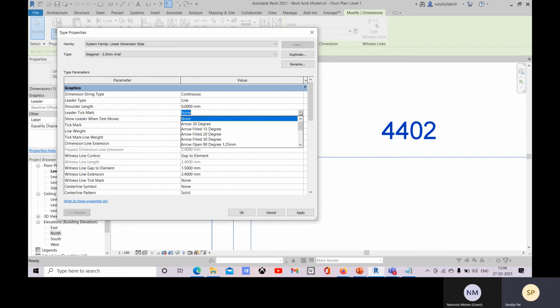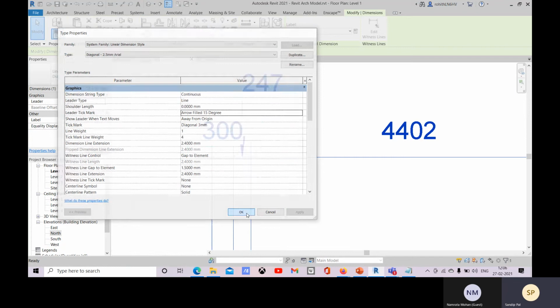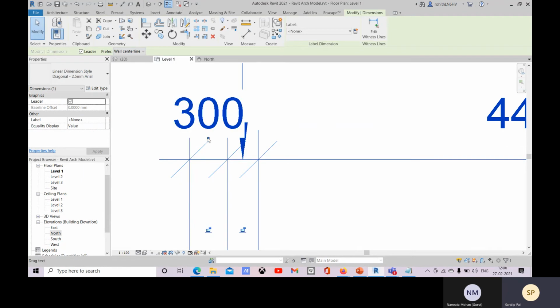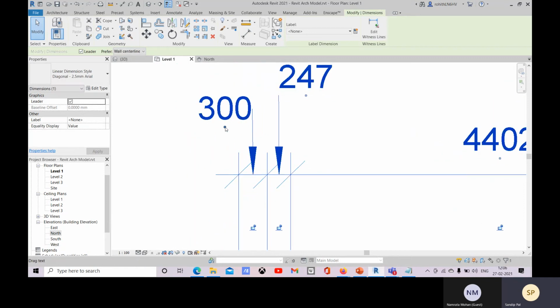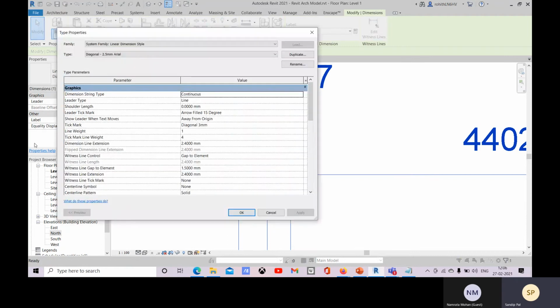And what would be the leader tick mark? Like this, you can go with this. And here you can see, right? When it will show you this leader, you can also mention there: show leader when text moves away from origin, then only the leader will be shown.